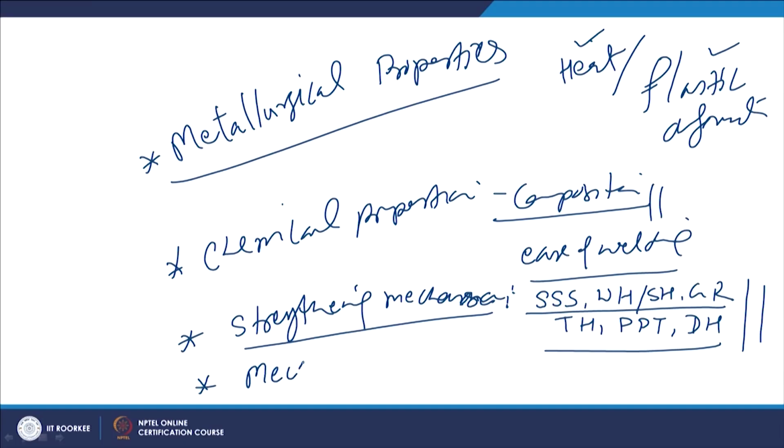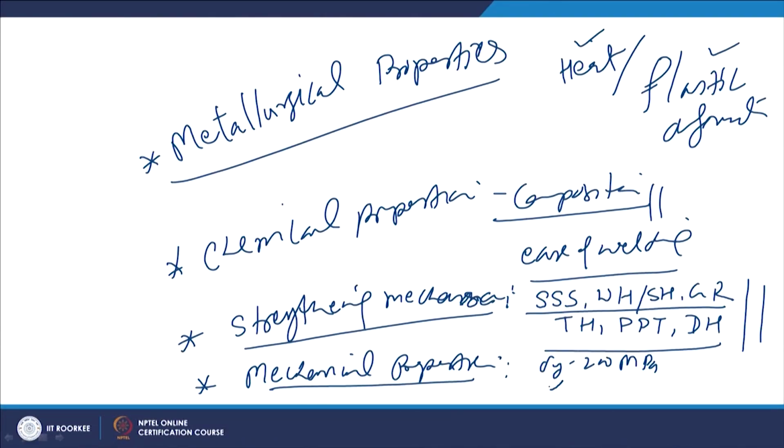Then there are the mechanical properties of the material which is being welded. So, this is another aspect like the metallurgical properties: the mechanical properties of the metal which is to be welded. These properties also play a big role, especially in the case of solid state joining, where plastic deformation plays a key role. Like if the metal has a yield strength of 200 MPa and a percentage elongation of, say, 40%,